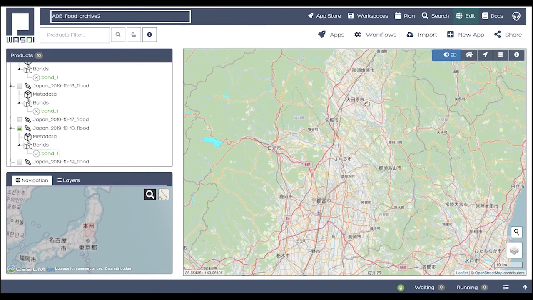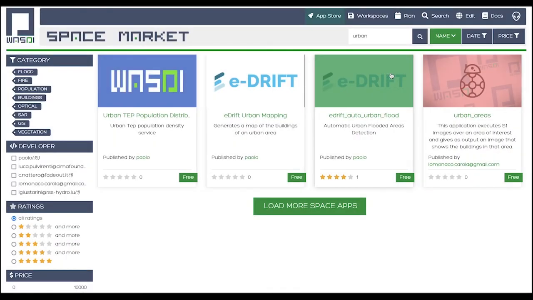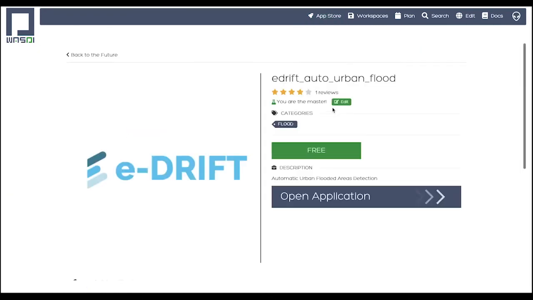So that was all for the flood archive generator. And now I will show you the third application that is provided by our hazard service. So the aim of this application is to automatically detect floods in urban areas by making use also of Sentinel-1 images. So for running this application,